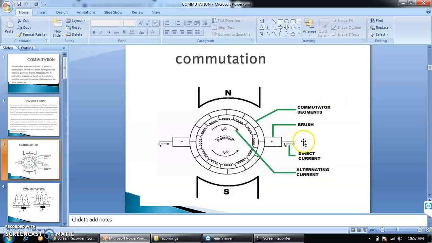Now in this diagram, I hope all of you can see this is a basic, very simple two-pole DC machine. Whether it becomes a motor or generator, in both cases the internal configuration remains the same. These are the commutator segments, these are the corresponding conductors which are connected across the different commutator segments, and these are the brushes. Brushes are placed on opposite sides.